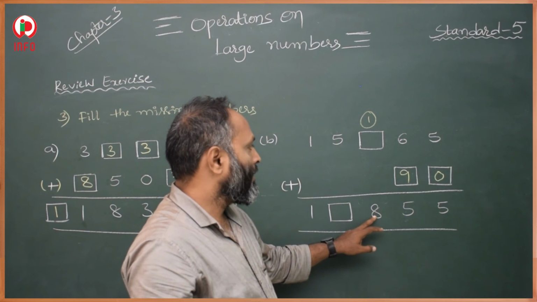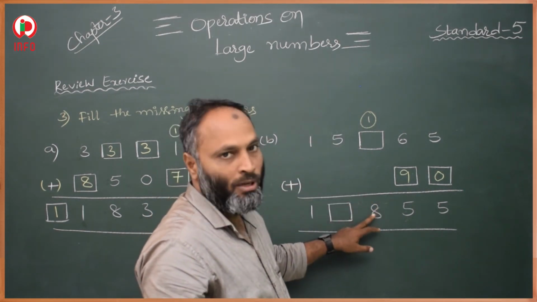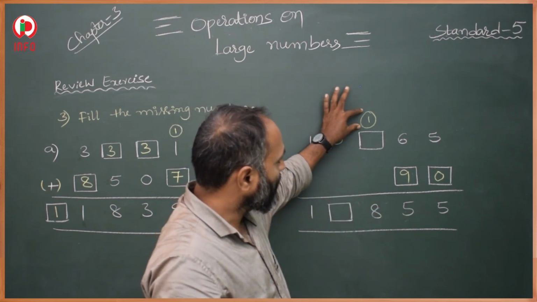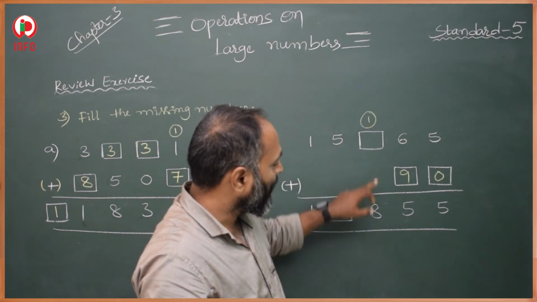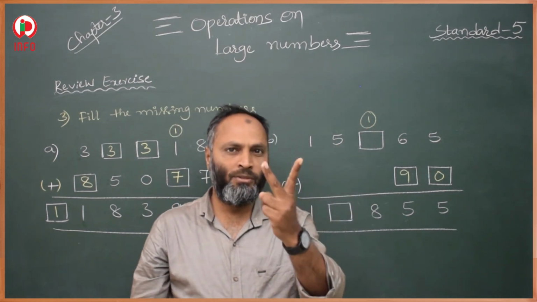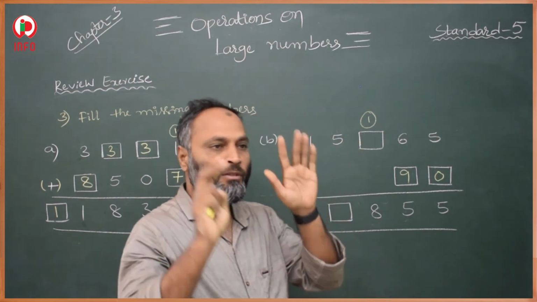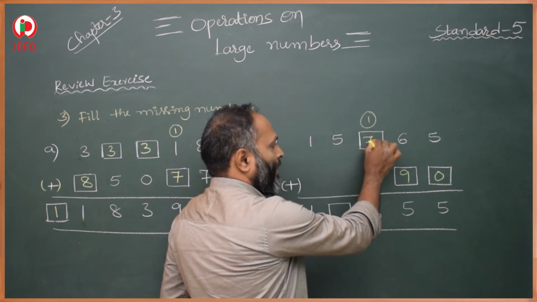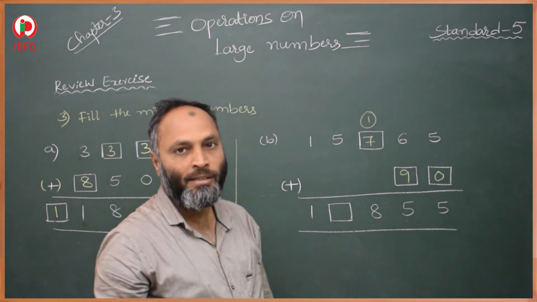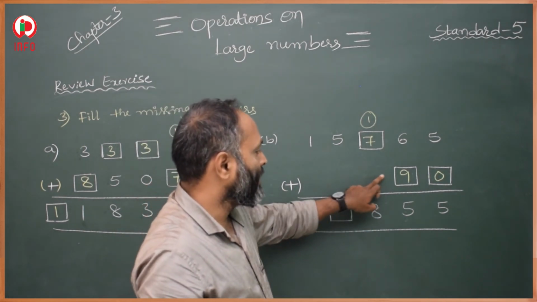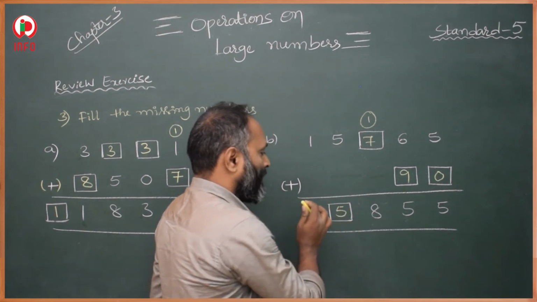And here 8 is there. This is the addend and this is the sum, so the sum is more. What do we have to add to this 1 to get 8? We have to count from 2 to 8: 2, 3, 4, 5, 6, 7, 8. We have to add 7. 7 plus 1 is 8. Then here there is no digit, which means 5 stays as it is and this one as it is.